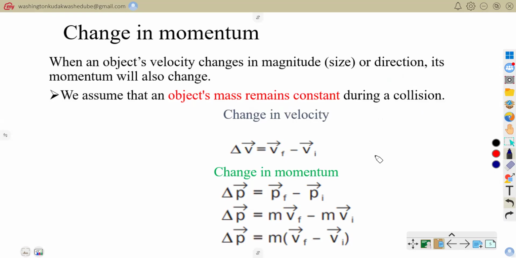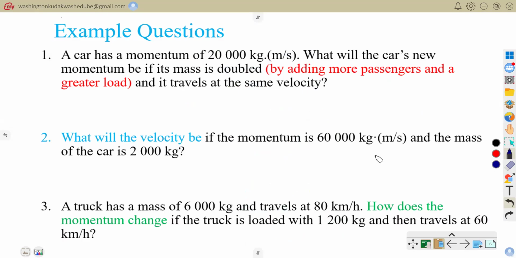If that is the case, now I want us to look into some example questions so that we can start checking comprehension into whether we understood what we have been defining and explaining. So I've got some questions that I brought to you today that I want us to help each other to solve. For example, we have got